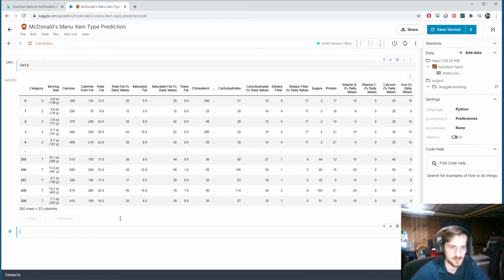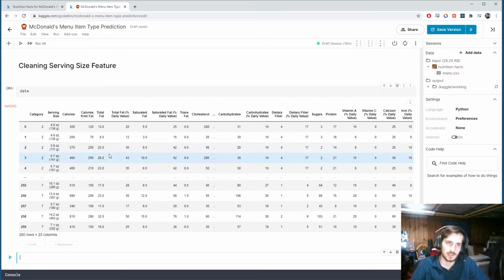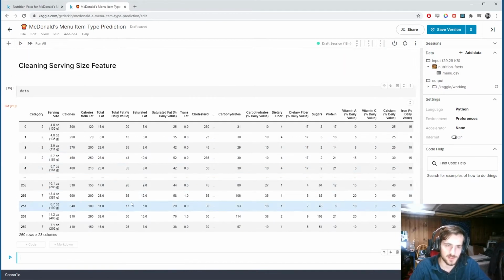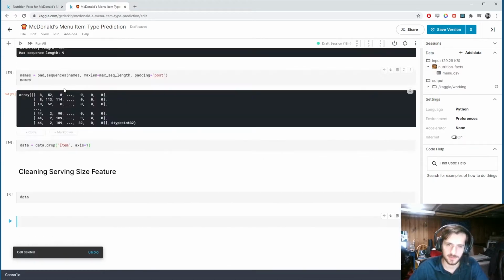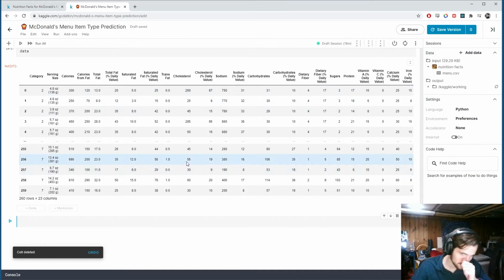So if we look at data, we're going to hold on to names for later. We still have it when we need it. But we'll notice we have this ... here. That means we can't see all the columns. So let's use pandas.set_option to turn max columns to None. Now if we reload this, we can see all of them. And you can see that all of our columns are in numerical form,